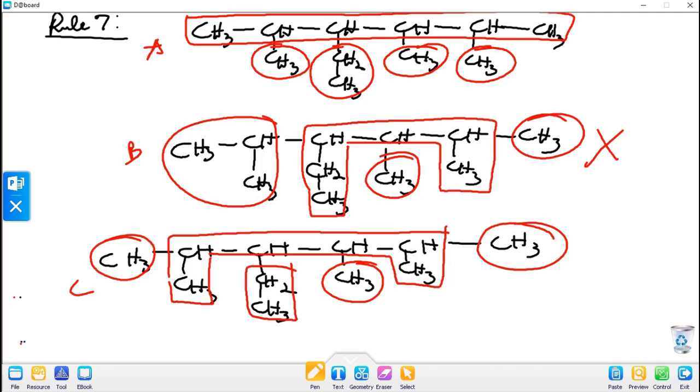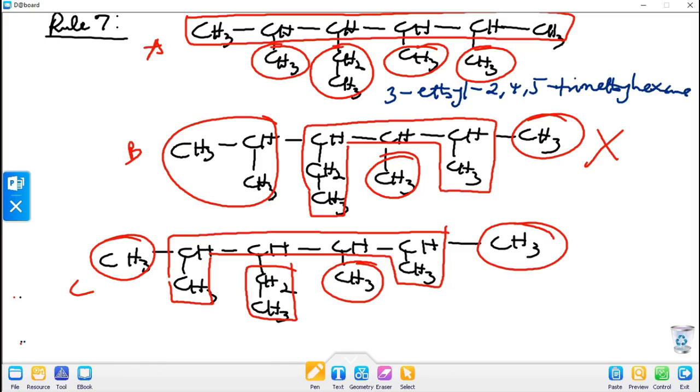Let us also consider which path should be followed. The path that should be followed is just like as we have seen in rule 6. And automatically the name of that compound will be 3-ethyl-2,4,5-trimethylhexane, just as we have seen. So this is the name of that compound, and you can see it also will give us the same thing